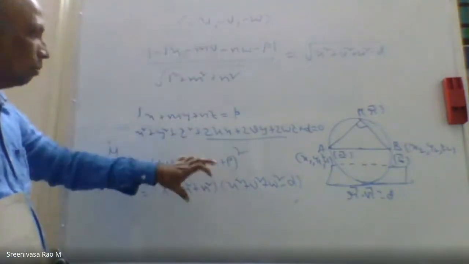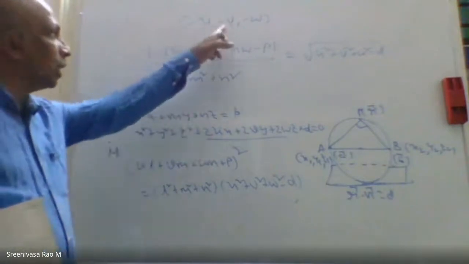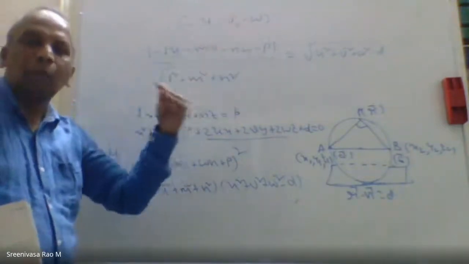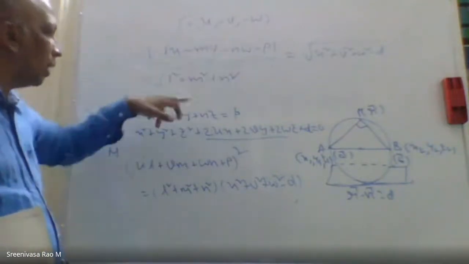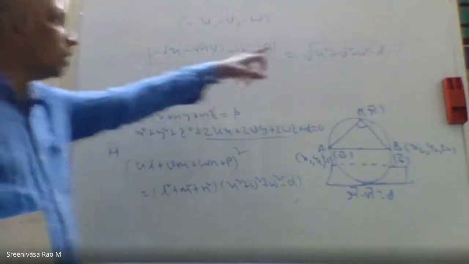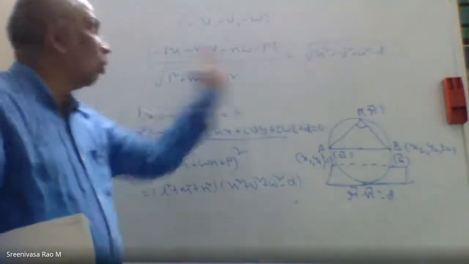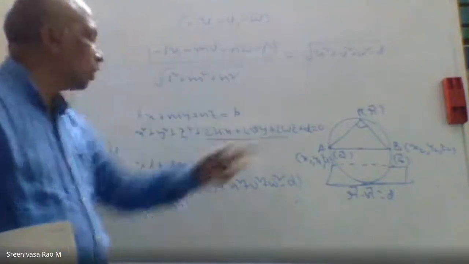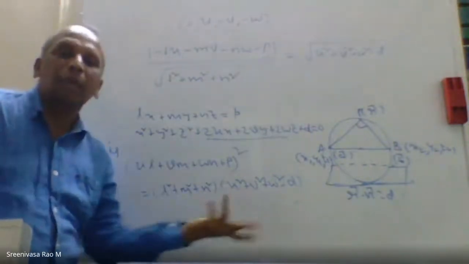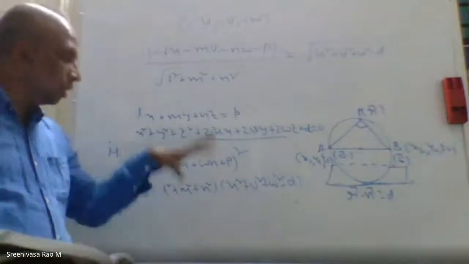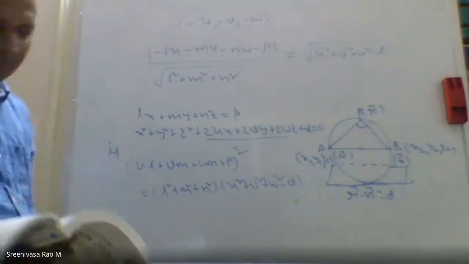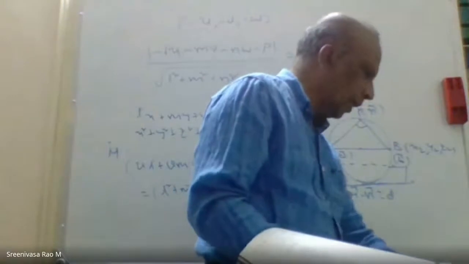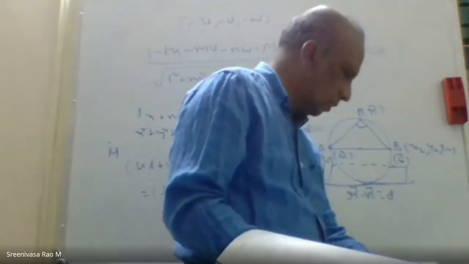This one, both are the same. So the center is minus u, minus v, minus w. Apply the formula for the perpendicular distance from the center to the plane. You will get this perpendicular distance, divided by the root of l square plus m square plus n square, equal to the radius of the sphere. Now take minus common and square on both sides. This will be the result. Like that you can remember, so that instead of this you can remember this only. That will be the condition. Next, after this I can discuss the equation.